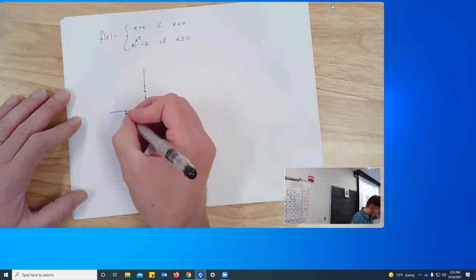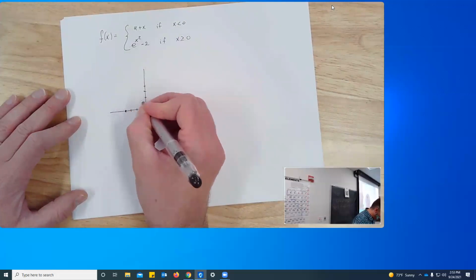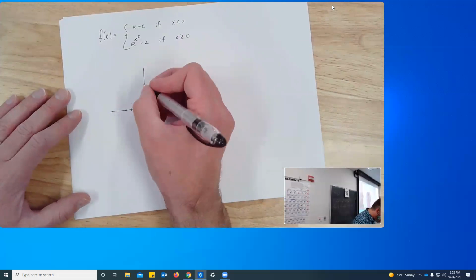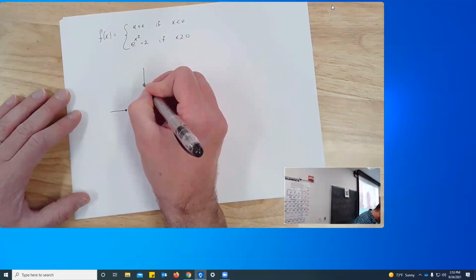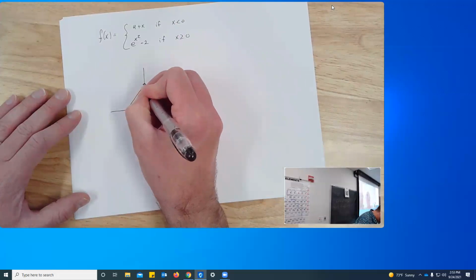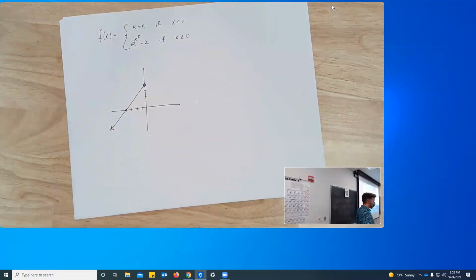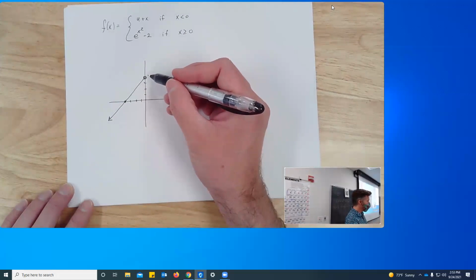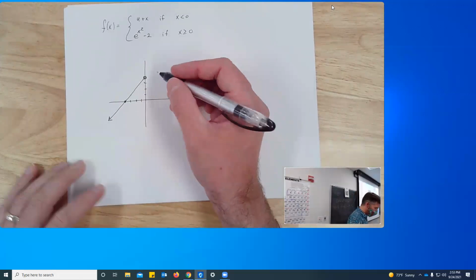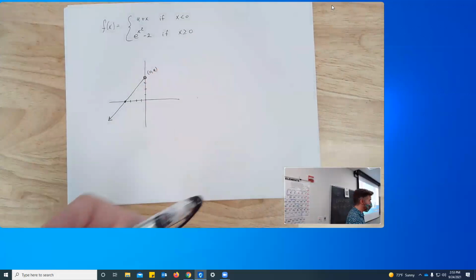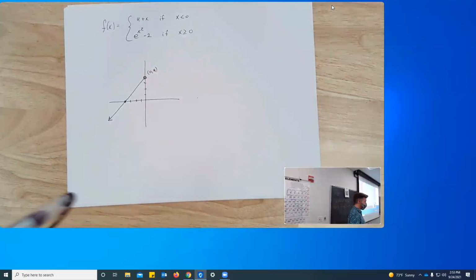So I would get the points like -4, 0, and -3, 1, and -2, 2, and -1, 3. And I wouldn't quite get to 0, 4, but it would be open there. There is the left piece of my piecewise function. And I definitely do want to make note of, even though this point isn't included, it's like the end of that part, and you should probably label it. I know the point 0, 4 isn't actually part of the graph, but it's the boundary of that piece,